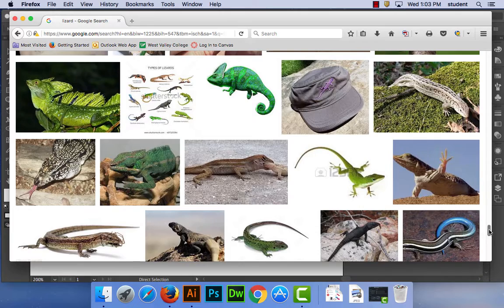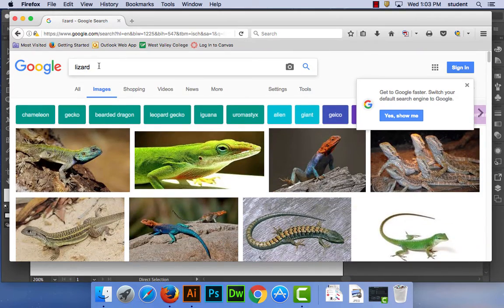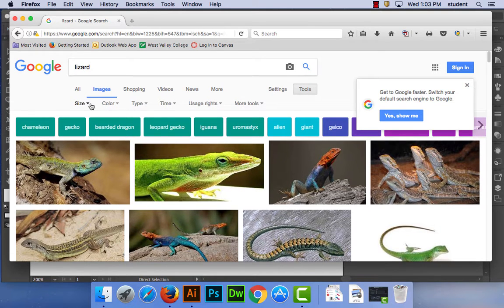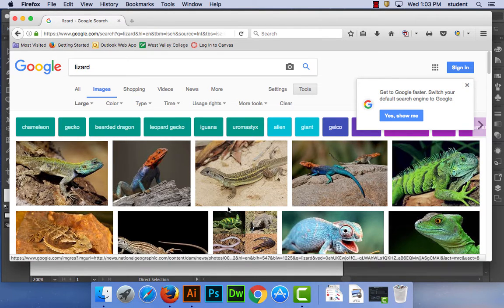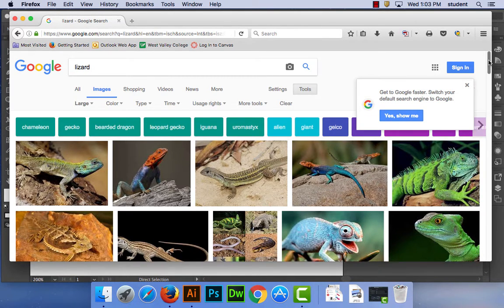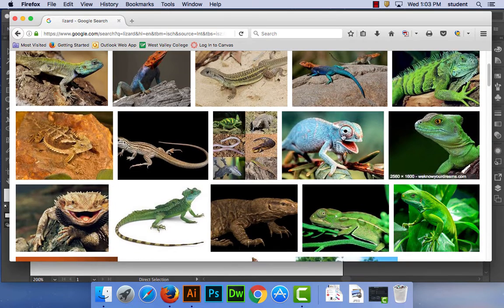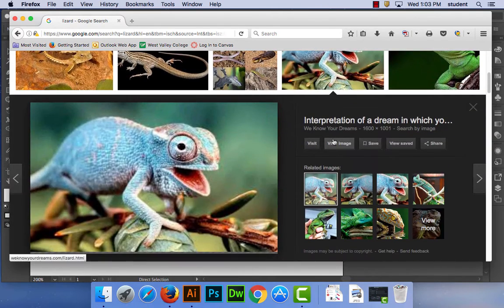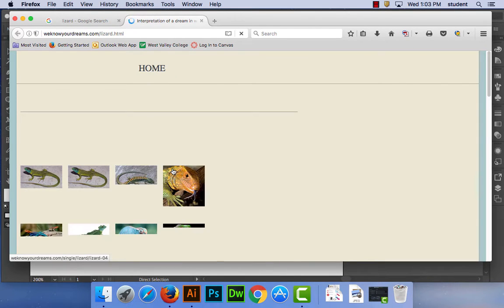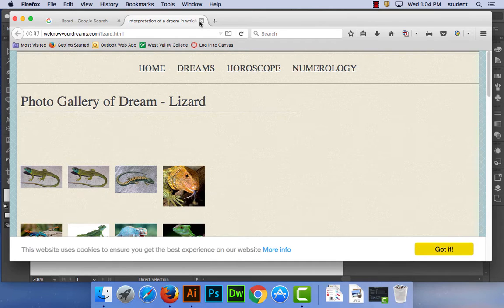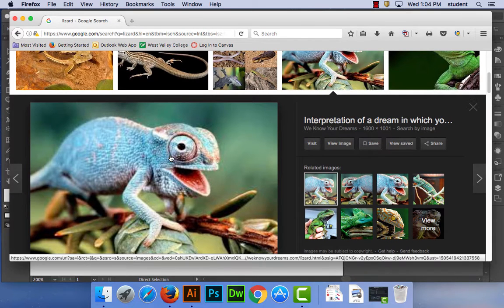If you go to the top of the search engine, into settings, you can adjust. Wait. You got tools, size, and you say large. That's it. Boy, this one's kind of cool looking. How about that one? Why is it blurry? Everything I click on is blurry. If you click visit images, the type on